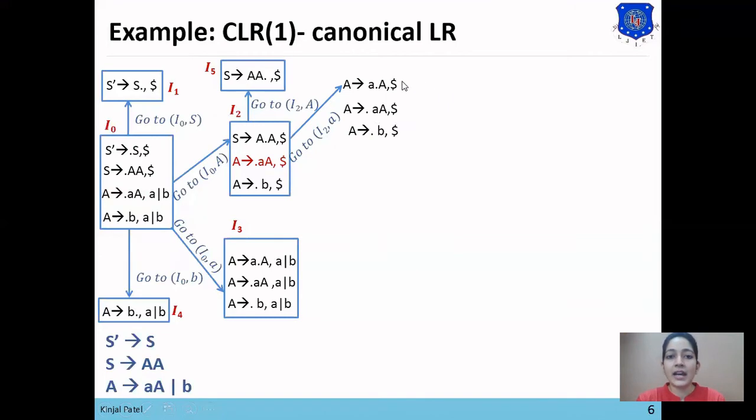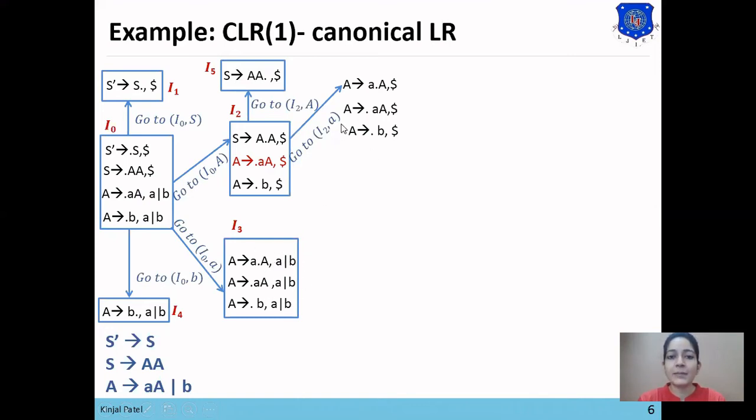Now we'll check whether this state matches the previously generated states or not. Here the rules of this set match the production rules of the I3 set. Here you can see A derives A dot, A derives dot A, and A derives dot B. All the rules of this new state are the same as the I3 set, but the look ahead symbols are different.